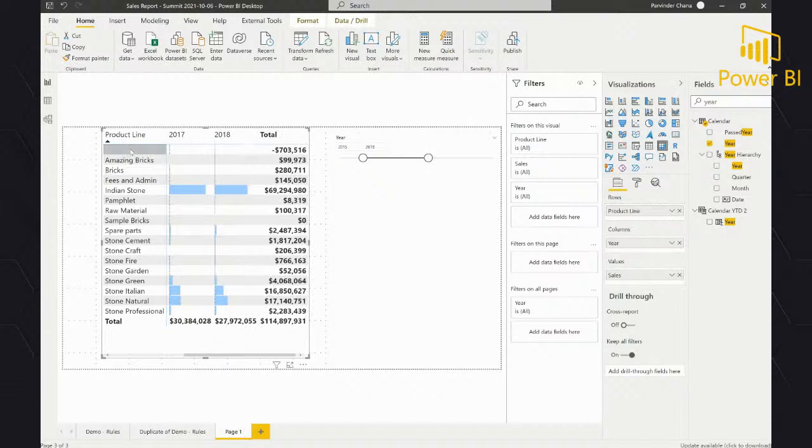So now in this case, let's say I want to highlight the product line where the total sale is above 500,000, the same rule. Unfortunately, when you're using a matrix visual, you cannot do that. Column conditional formatting is only available in the table visual. So you have to be aware of it.